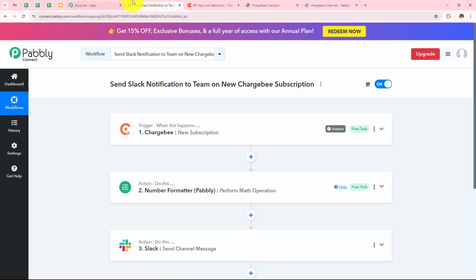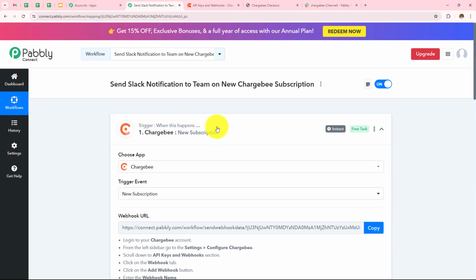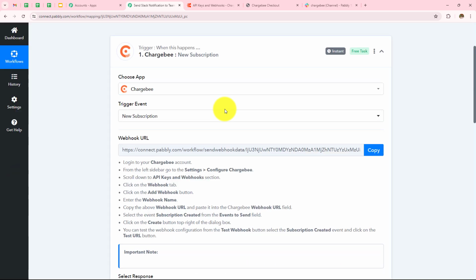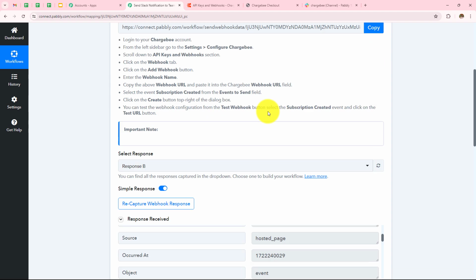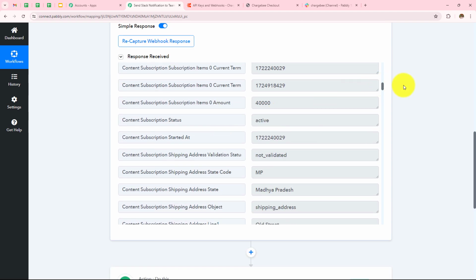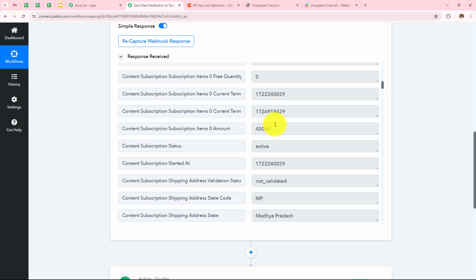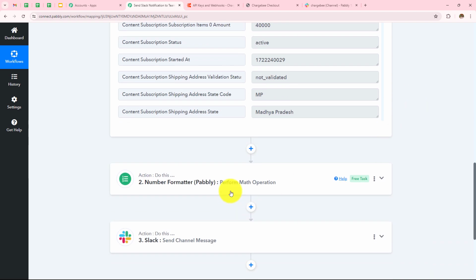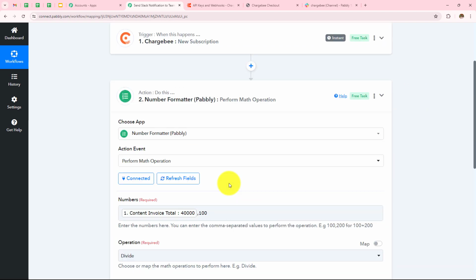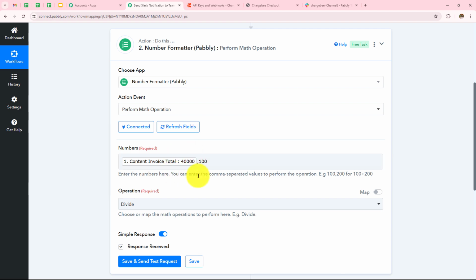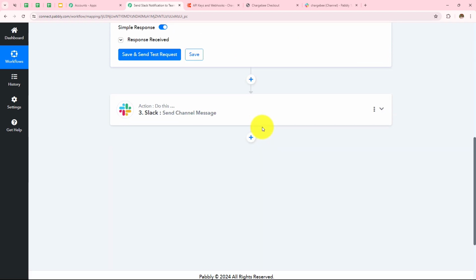So to summarize this, we took Chargebee as our trigger application where we made connection of Pabbly Connect and Chargebee with the help of this webhook URL. We made a test purchase and received the response over here. And as the decimal was removed from the price, we received a response of 40,000 instead of 400. And to correct this, we used number formatter by Pabbly. We mapped the response of 40,000 and with the help of division operation, we received the value of 400,